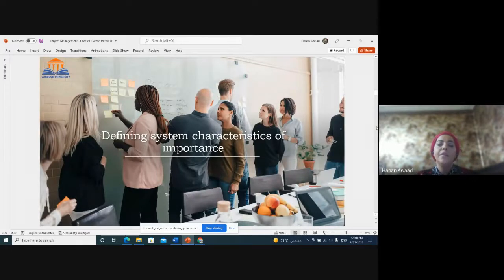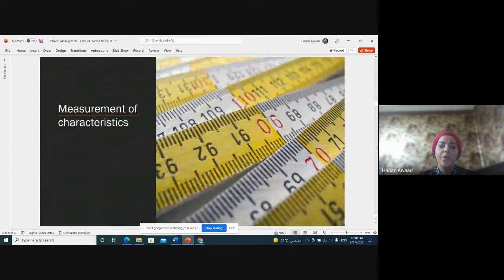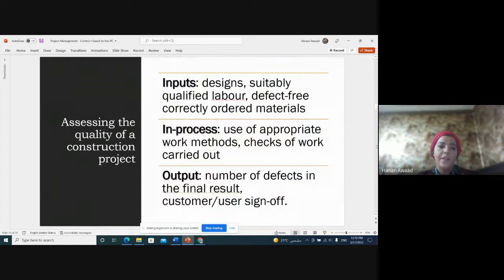Defining system characteristics of importance. Let's focus on the importance. This is the second one, defining limits to their variation. Okay, measurement of characteristics, how we can measure these characteristics. Also, assessing the quality, for example, of a construction project. Okay, now we have a construction project. How can we assess? What are the tools? So now let's think together. Okay,